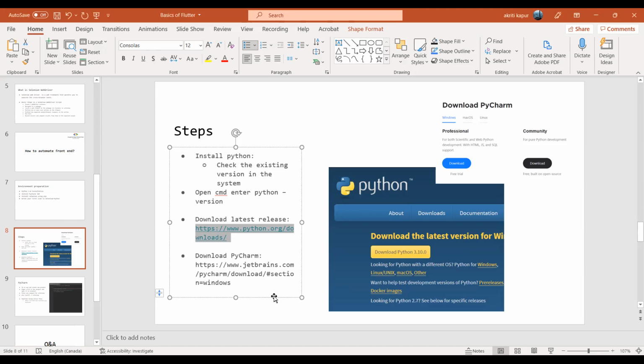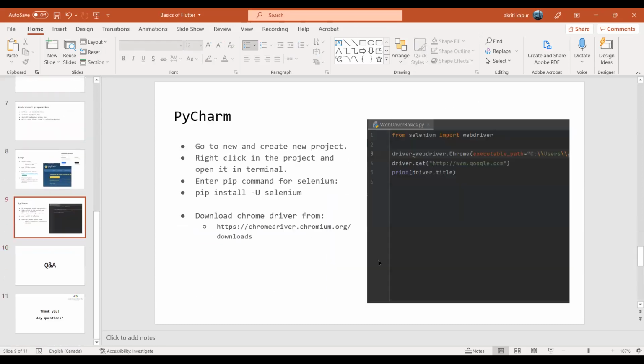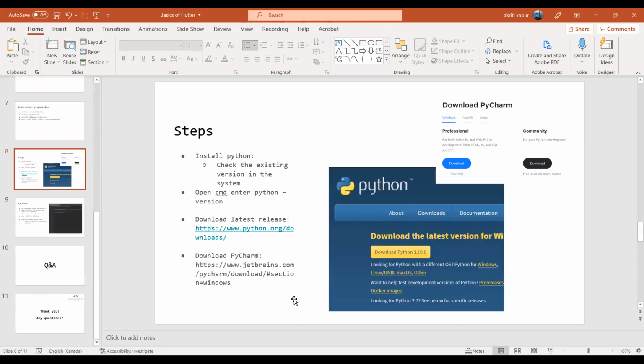So the link that I've provided will allow your system to download Python. The current version is 3.10.0, which is available, and we'll start doing that.